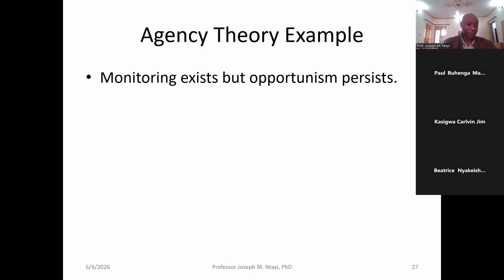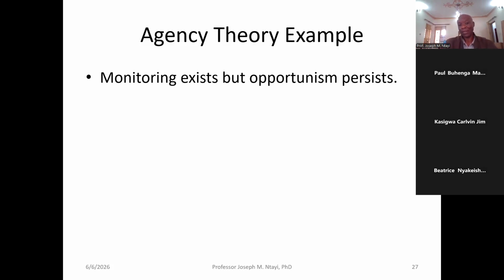So, for example, if we use agency theory in public procurement, agency assumes that principals are going to use monitoring tools. They are going to use incentives. They are going to use sanctions to control what we call agent opportunism. And you know what opportunism is? Those are self-seeking behaviors within these institutions. So when you use agency theory, you assume that the mechanisms are there, the laws exist, you have monitoring systems, you have the boards.